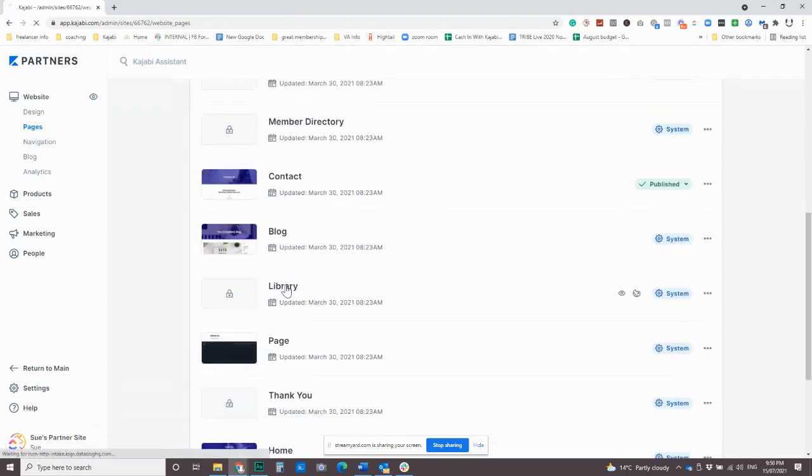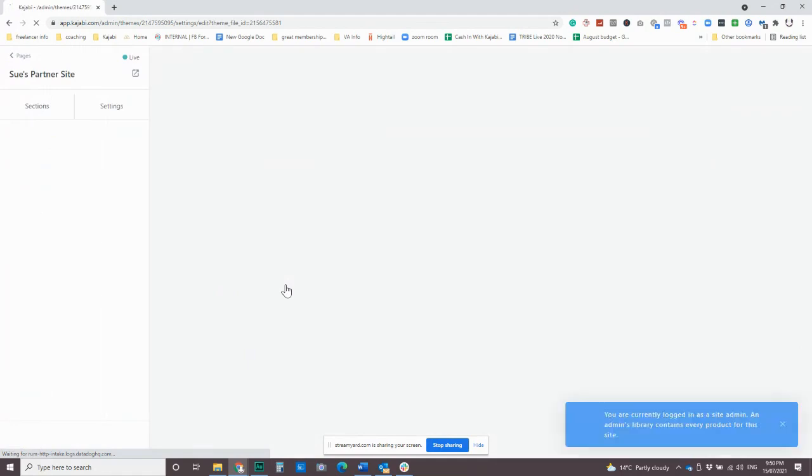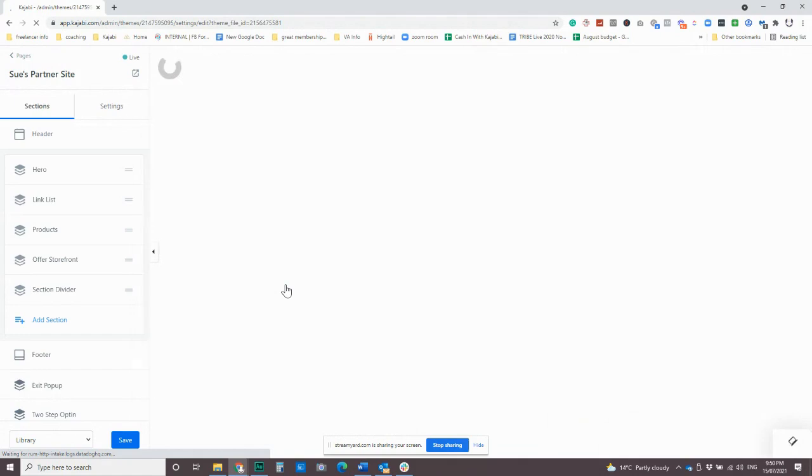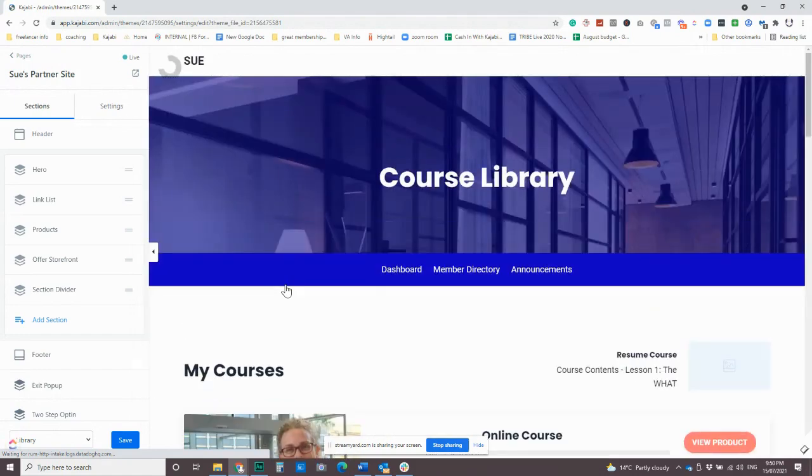The next one that we want to do is the library. So this is where you can customize the library page. And again, at this point in time, you don't need to go crazy. It's just more that you might want to make sure that it's kind of close-ish enough, change the image on the top. So you might want to be like, I don't know if that image is really working,